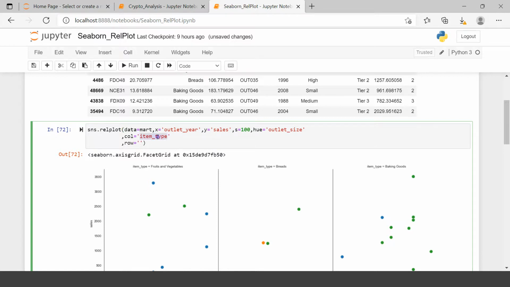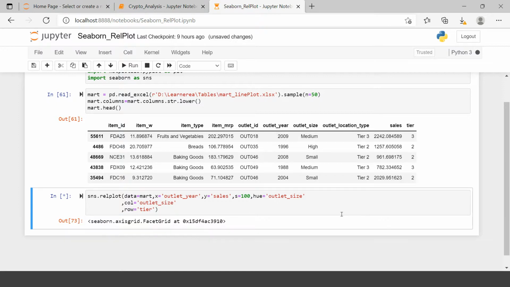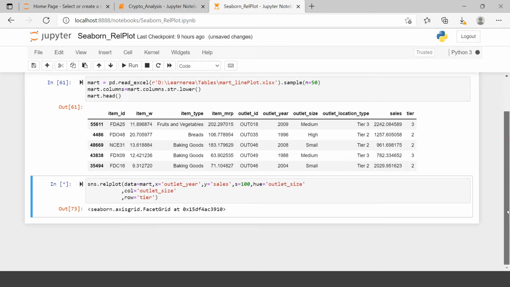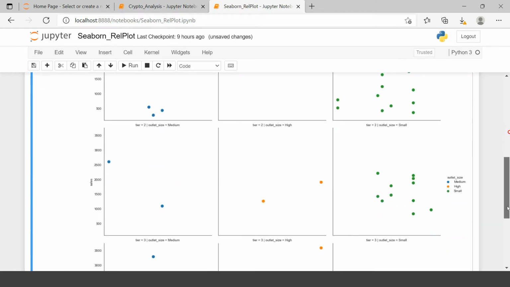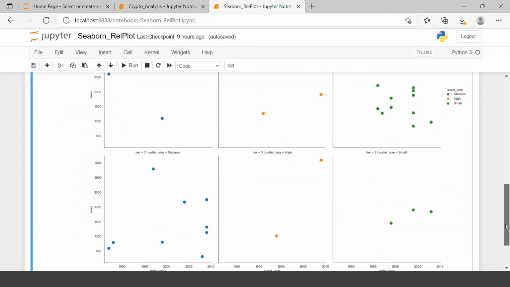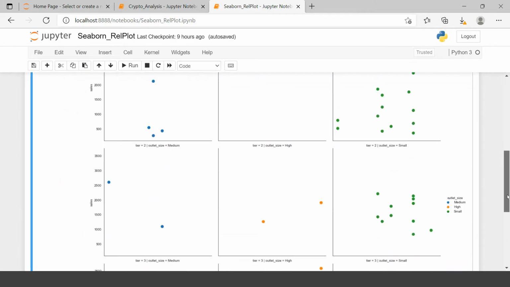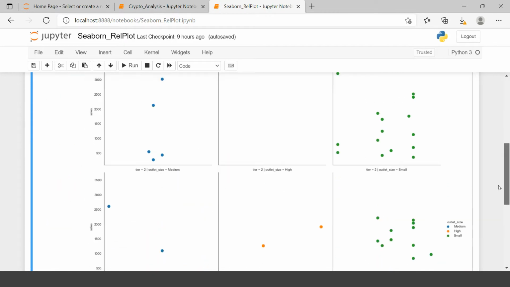For example, here item type, I'll say tier, and for column outlet size, and here you can have tier, and then you can have 3 different rows and 3 different columns, because we have 3 tiers and 3 outlet sizes. So this is how you can use 2 variables to make a different cross section.